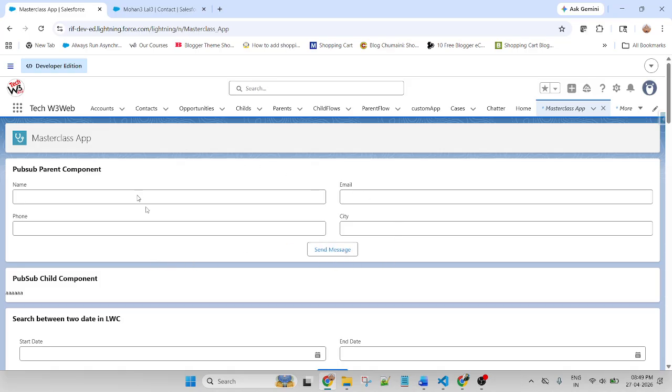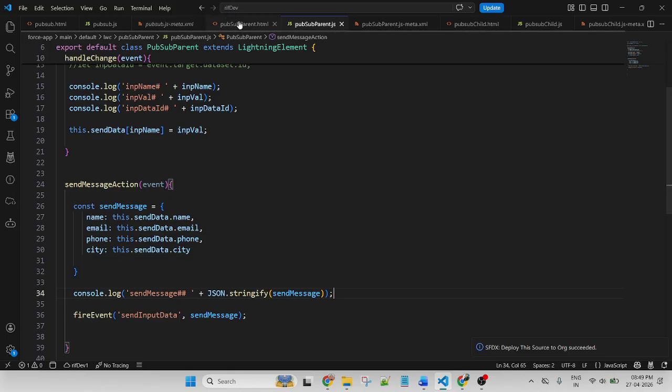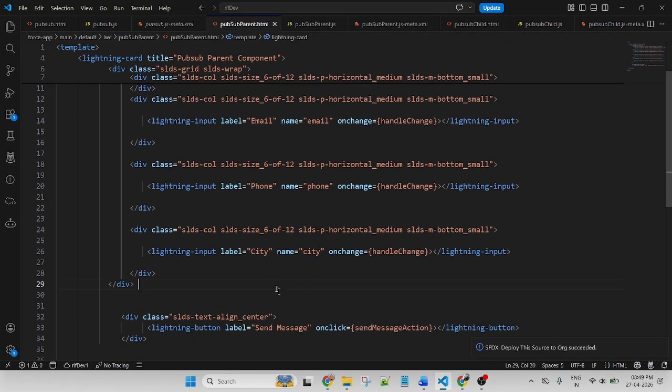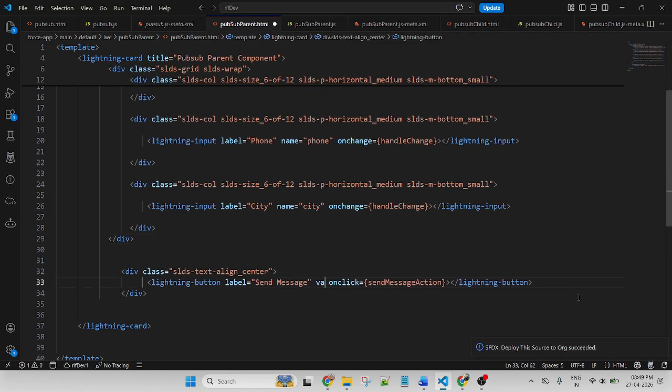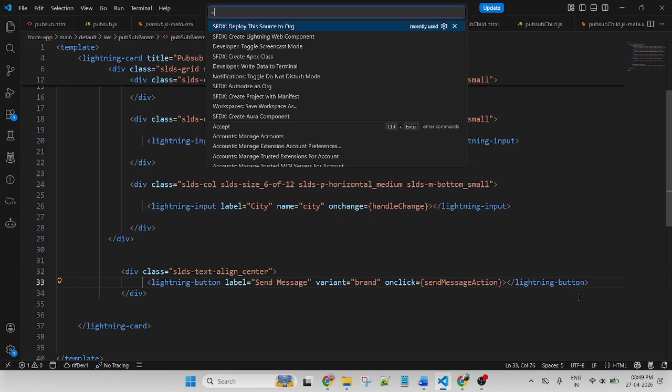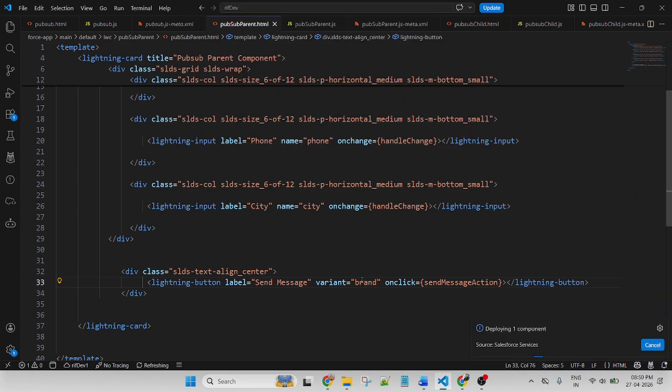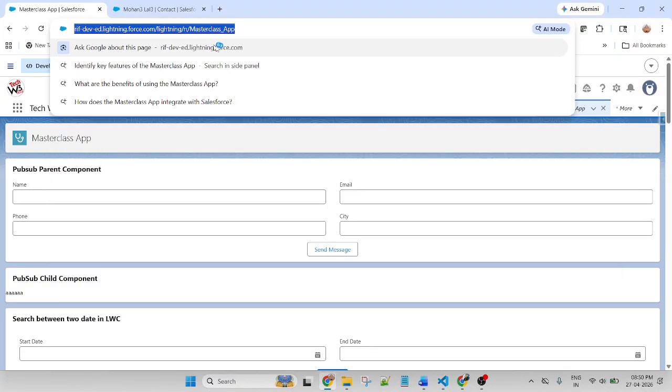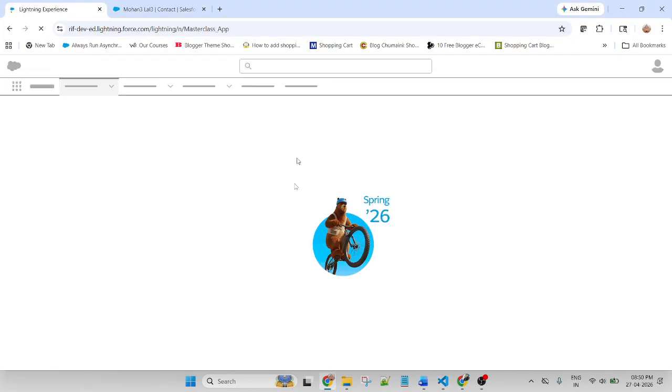Send message, why is it not displaying blue? Use variant brand. It is a Lightning Design System property. If you use variant, it will automatically convert brand into blue.